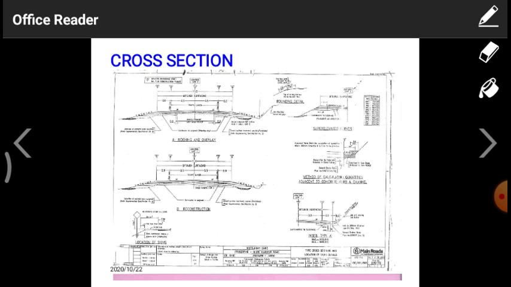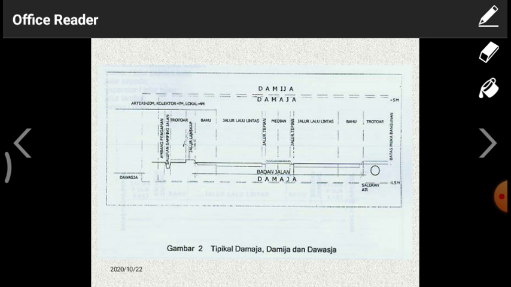This is the particular cross section, that means the super elevated curves, where we are having different layers, so that those layers will help us to identify the material kind. After that we are having this road structure. In that particular road structure we are having a median. This is the median part. After that this is the normal road part.